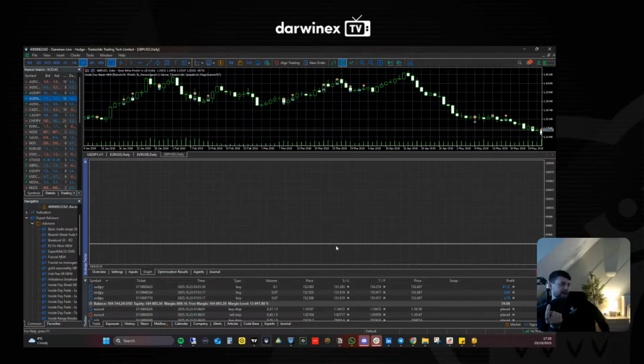I love it when you build a system and you get all the parameters, and I get really excited to press the button, and I'm like, okay, is it going to show promise or is it going to blow up straight away? And then the curve just goes straight down to 0, and you're like, okay, that didn't work. Which is usually what happens if I'm trying to test mean reversion strategies on indices or on yen pairs. If I'm trying to run breakout strategies on the likes of euro dollar, again, the same thing kind of happens there.